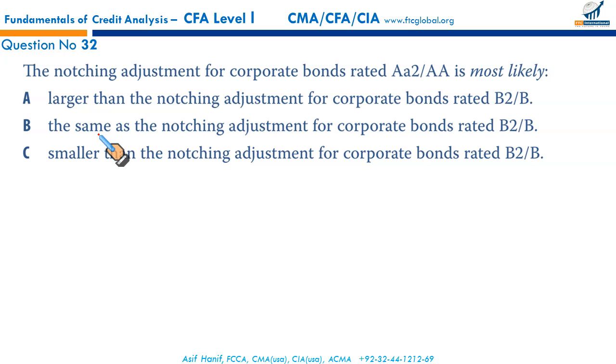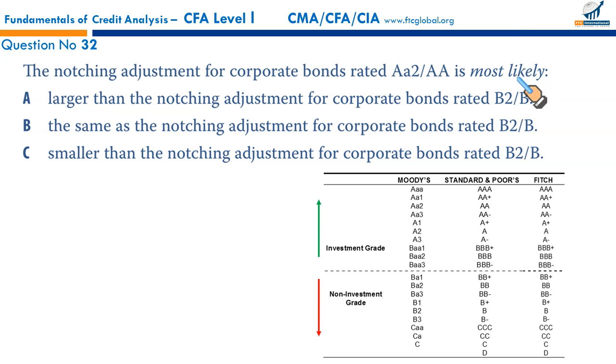Next, the notching adjustment for corporate bonds rated AA2A is most likely. Now let me first show you the rating schedule. Now we are right here, AA2 AA. So remember, as a general rule,